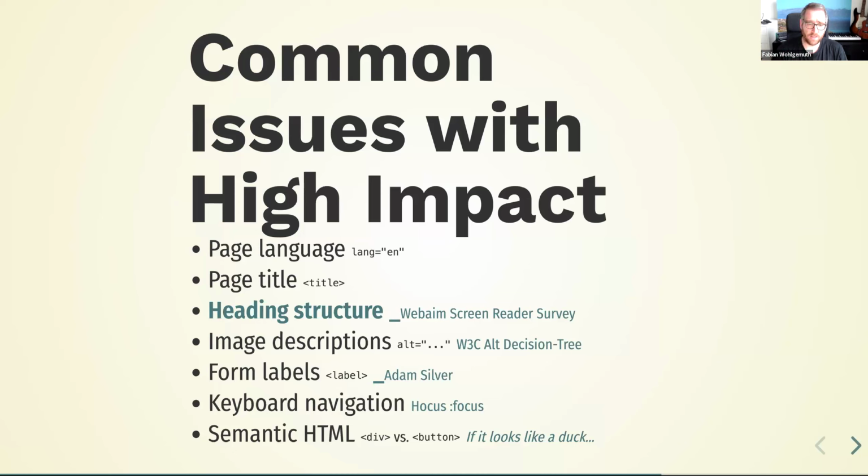Page language, another thing. Setting the language of the page in our HTML element is crucial for screen readers to identify the main language of the page and to know in what language the screen reader is supposed to talk to the user. I'm myself from Germany. My computer usually is set to English, but I consume German websites more often.